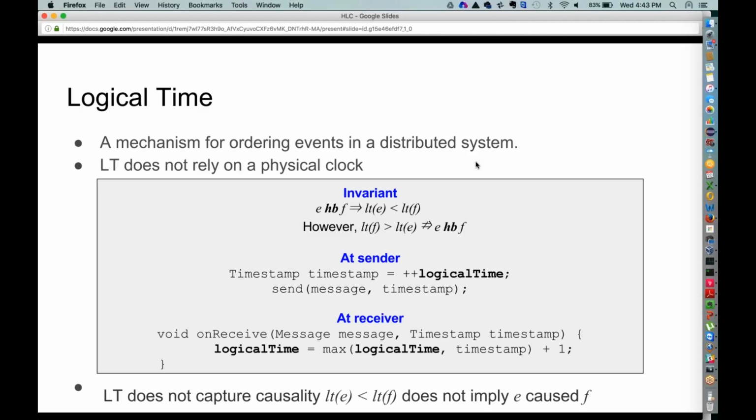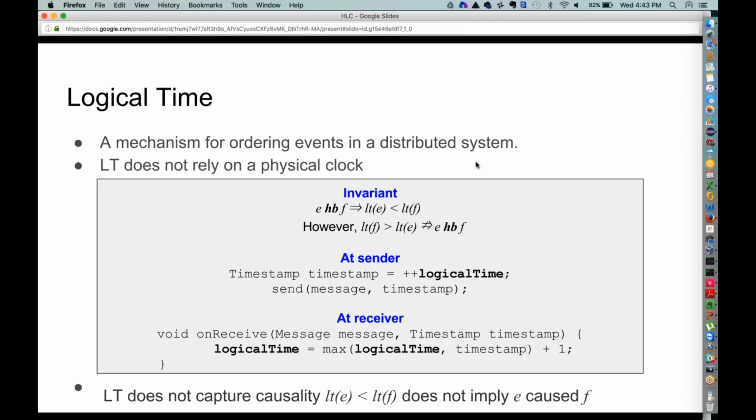And the other thing that it does not give you, while it will let you order these things, is that it doesn't actually capture causality. What I mean by causality here is that, looking at two timestamps, you cannot tell if this particular event caused this other event. This happens a lot when you read a value and then you update that value based on what you read. If you want to capture that detail, then just using a simple counter does not give you that property. Think of it as just a simple scalar. It has no notion of what happened or which other event caused me to do this action.